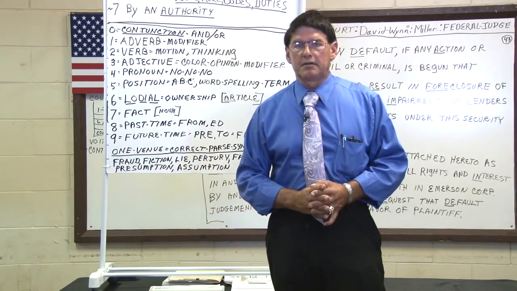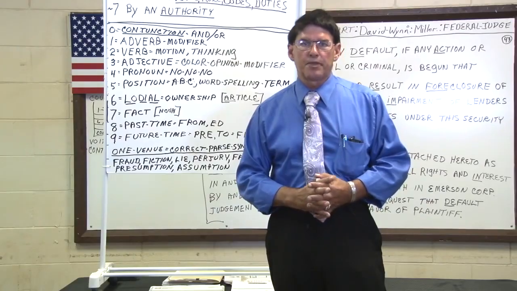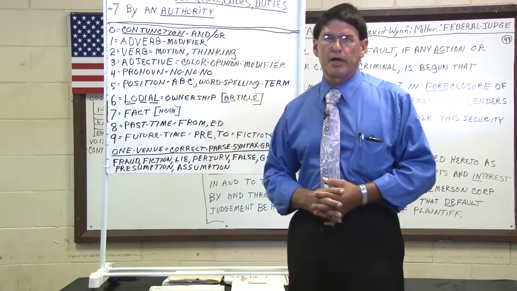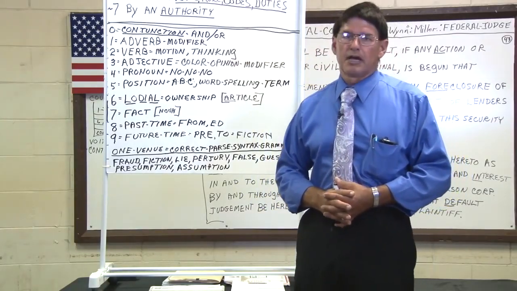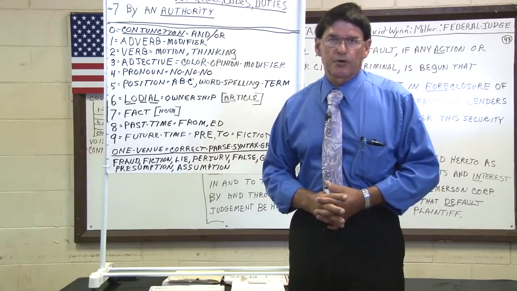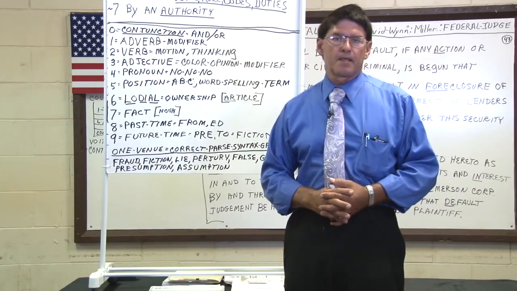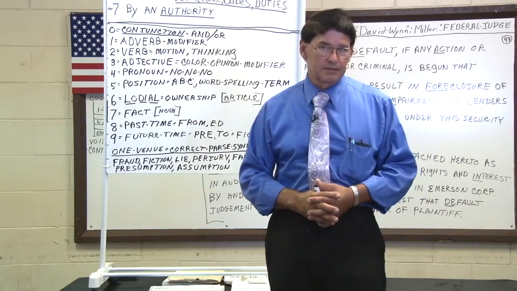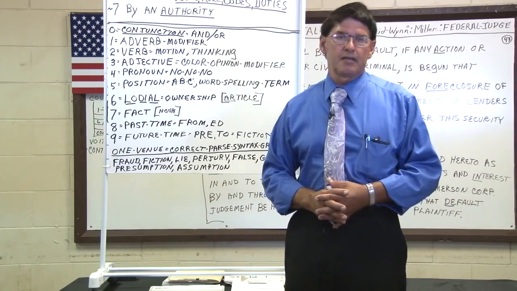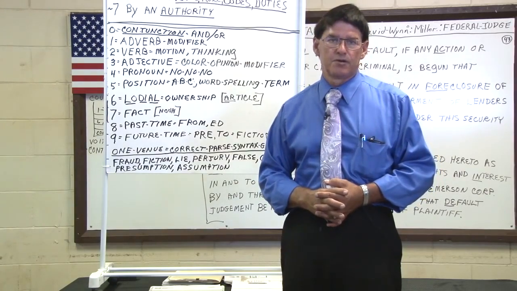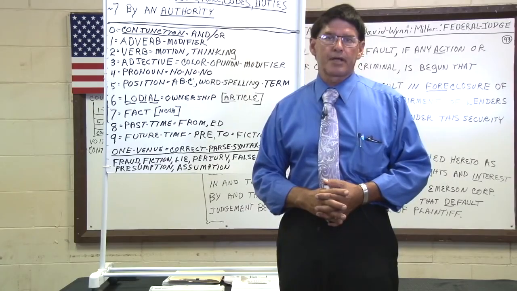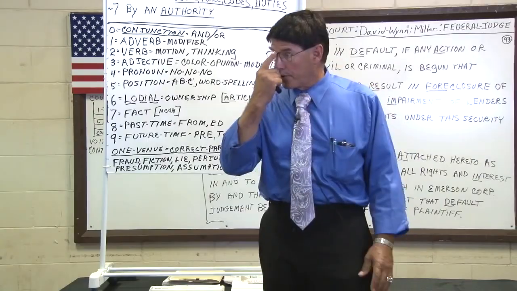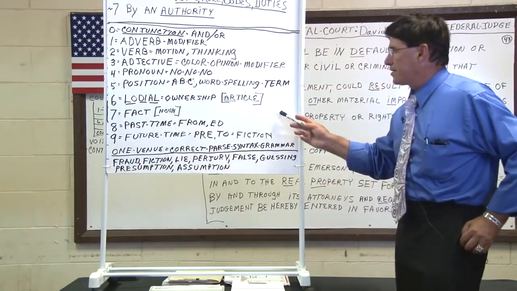And we're going to explain the sentence structure from the mortgage and how it is used as fraud. We're going to explain the sentence structure used by the attorneys to support the mortgage, how they are using fraud. And then we're going to explain how the banking system uses your money to make you both the borrower and the lender. So they don't have the jurisdiction or the venue to foreclose your property, only be a servicing agent for that conclusion. So what we're going to start with first is the parts of speech.